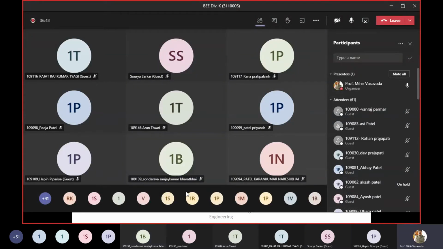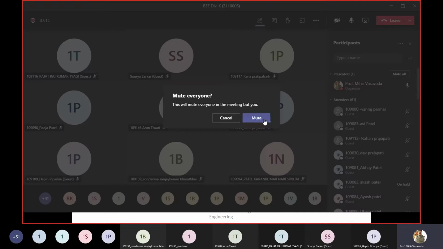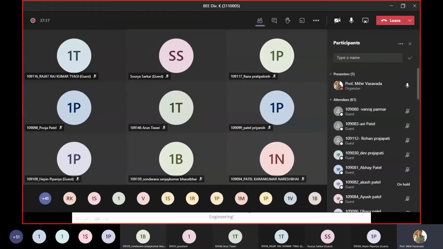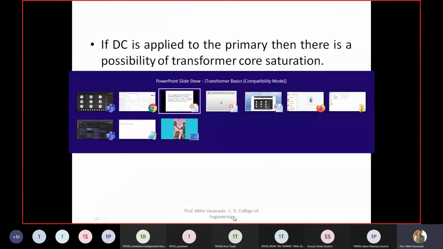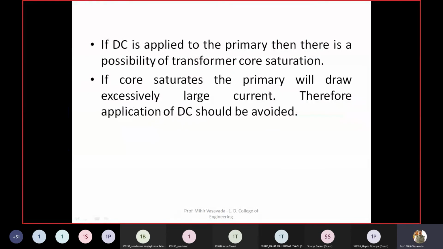Yes, sir. The basic transformer concept, you will find in any book like B.L. Theraja volume 2, or any basic electrical and electronics or machine books like V.K. Mehta. These are the author names: J.B. Gupta, S.K. Sahdev, S.K. Mittal, all have written books on machines. So you can take any basic electrical book and you will find the concept of machines like the transformer. You can visit the company website also.